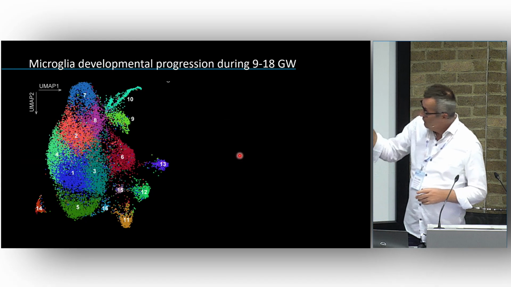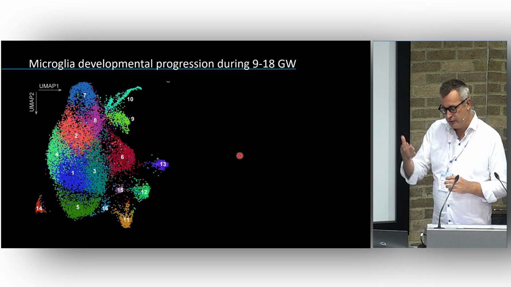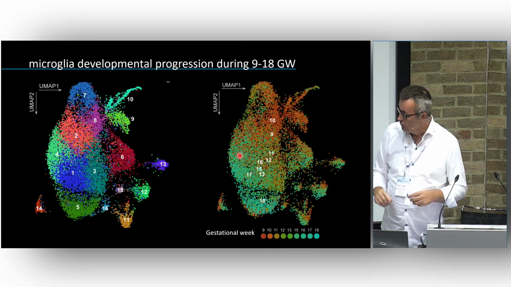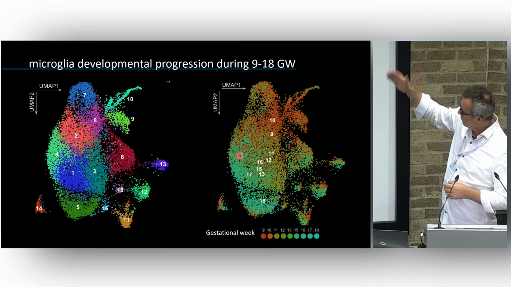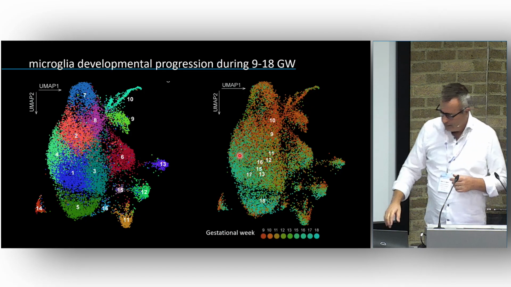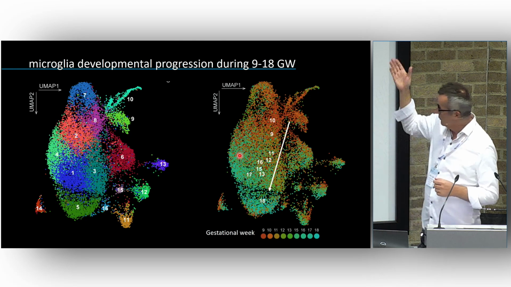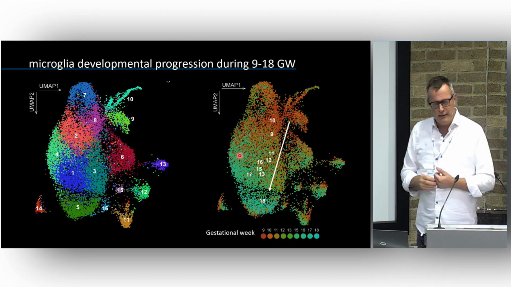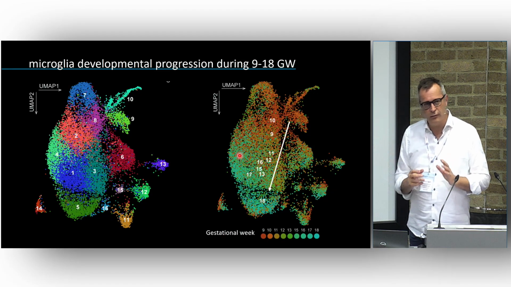You can do different things with these UMAPs. So this is basically plotting how transcriptional heterogeneity takes place, but you can also superimpose the age of the embryos from which each cell was derived. And then you can see that there's a gradient: the youngest embryos are in reddish at the top, and the more turquoise is an 18-week-old embryo, and you can see that there is a pattern. And we analyzed that using computational tricks, and indeed we can calculate how microglia mature in the first trimester of